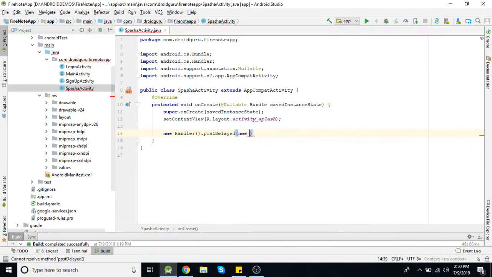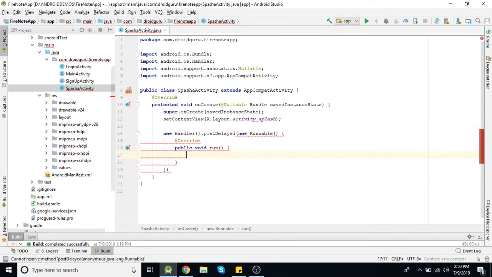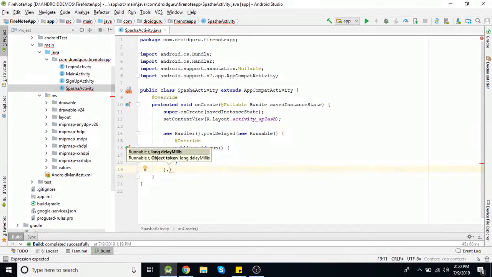We need to pass a runnable object here, and here you need to add the time after which you want to display your next activity. This time will be in milliseconds. So I am adding 3000, that is after 3 seconds our next activity, that is login activity, will be displayed. And we need to give an intent here.